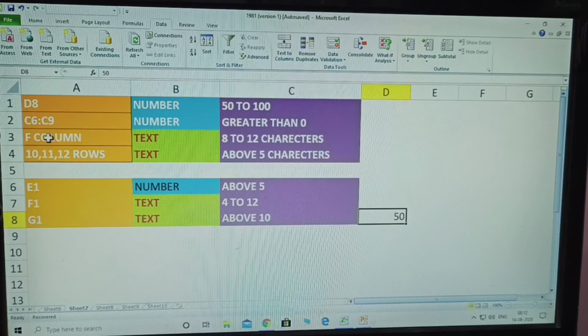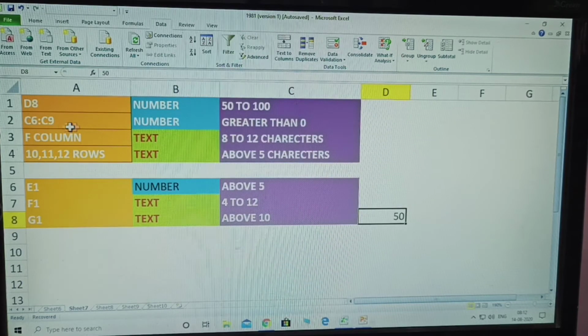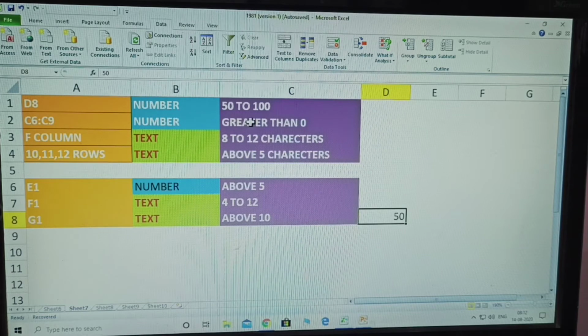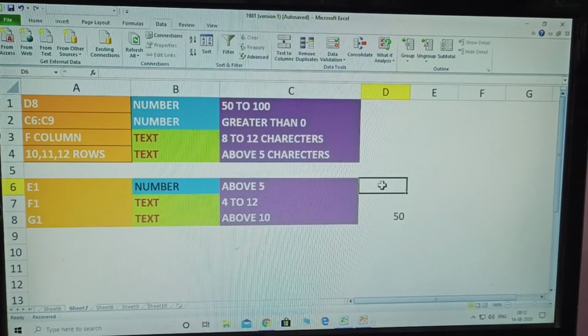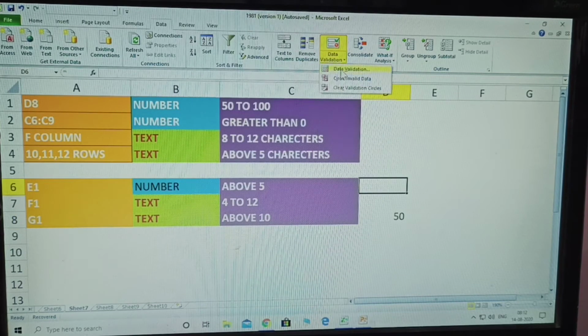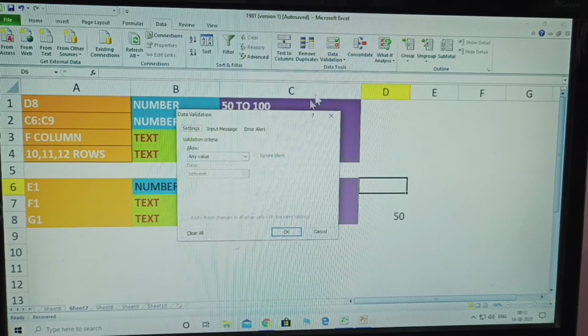Next, what is the second condition? C6 and C9 display numbers but greater than 0. First one, C6. After selecting, click data validation.